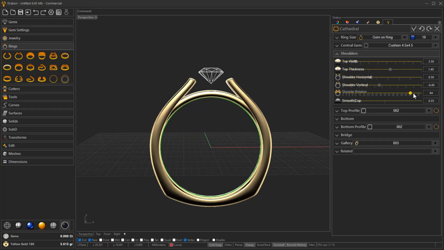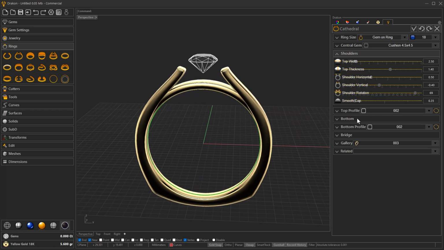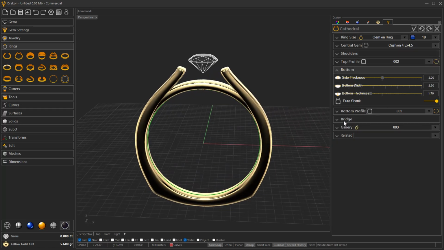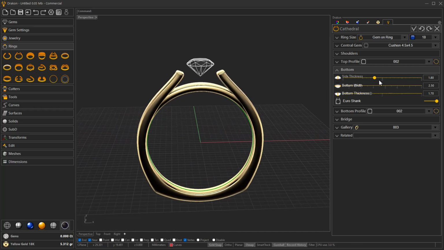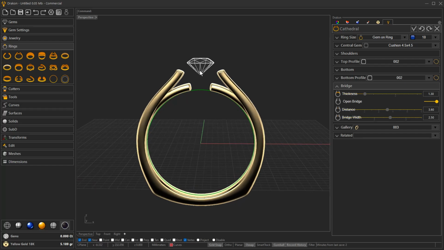However, we can always come back later to fit it properly in our setting. I'm going also to reduce here the side thickness to 1.8, as well as I will choose the option to open the bridge since I'm going to define here